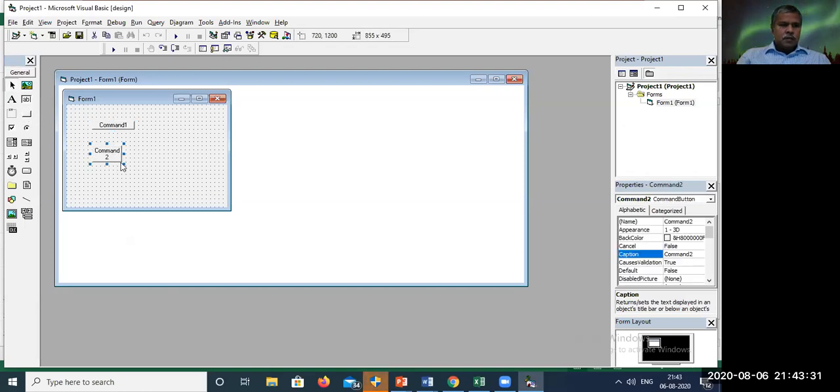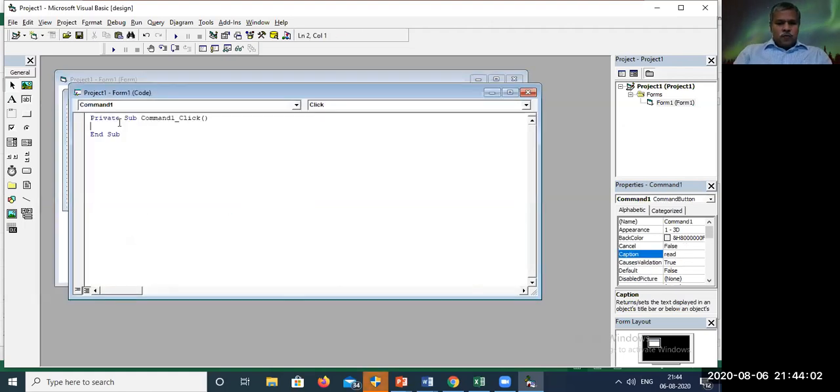One is for reading, another one is for printing, and another one is for sorting. This one I'll label print. This one I'll label sort.